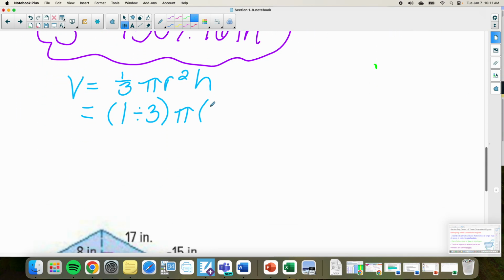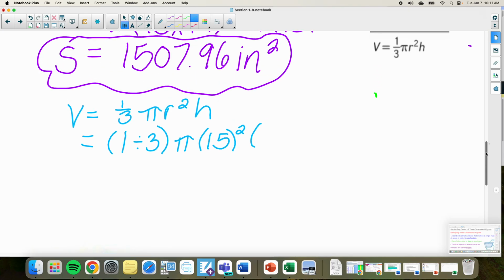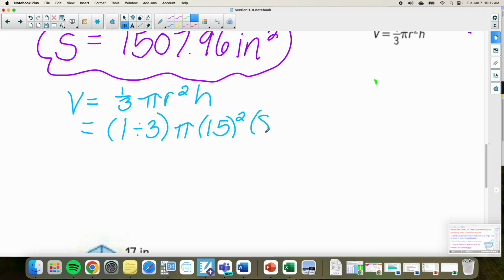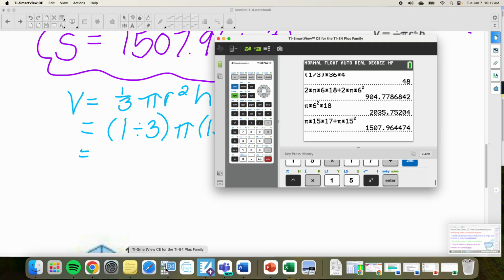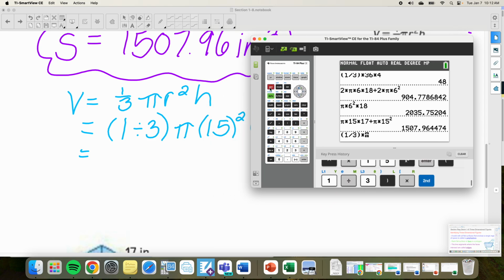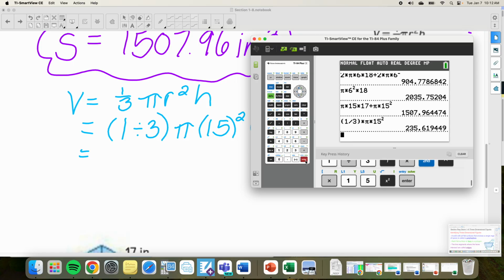It's the radius of your circle, and we have to square that. And then we need the h, the straight up and down height, which is 8. Now we're gonna type that into our calculator. So we'd go parenthesis 1 divided by 3 parenthesis times pi times 15 x squared. And did you guys get